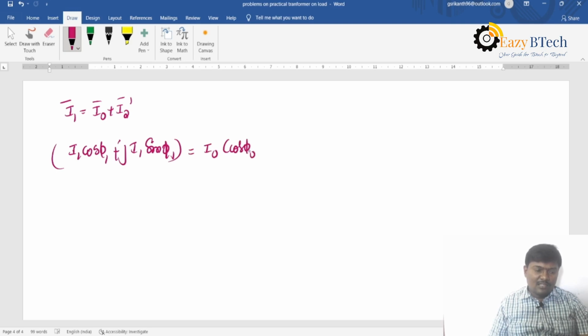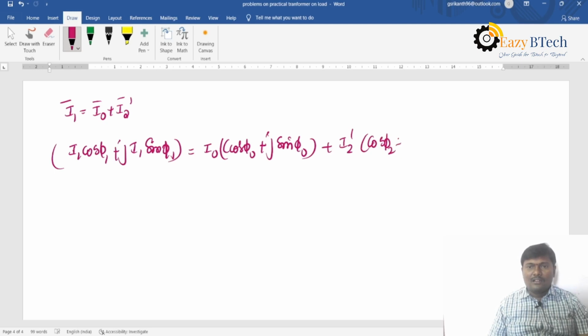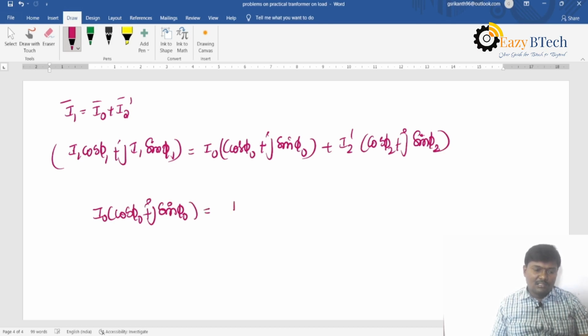I0 into cos phi 0 plus j sin phi 0, plus I2 dash into cos phi 2 plus j sin phi 2. So I0 into cos phi 0 plus j sin phi 0 is equal to I1 into cos phi 1 plus j I1 sin phi 1